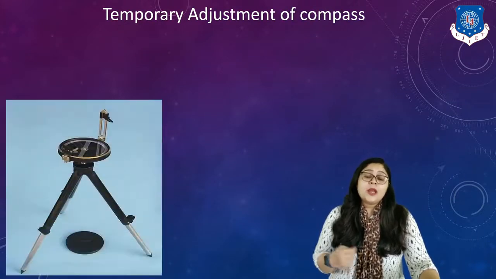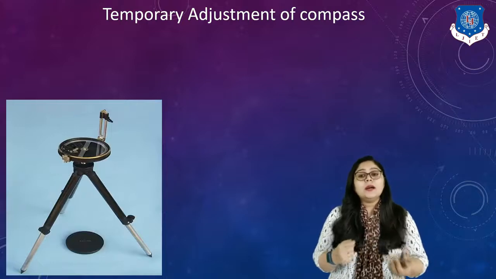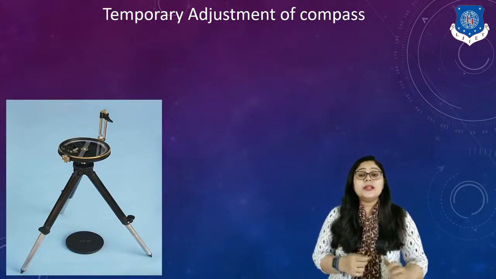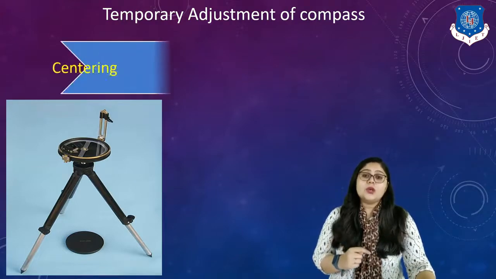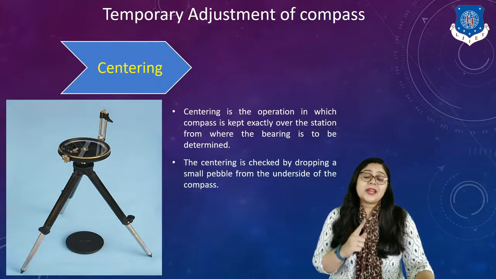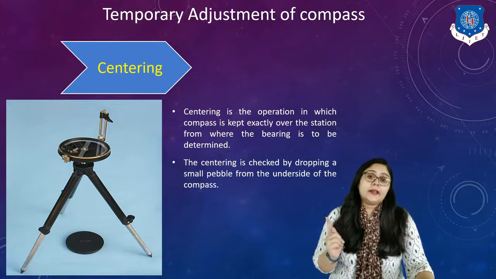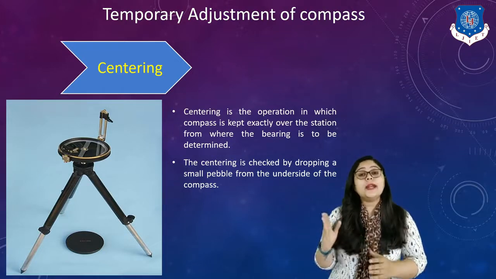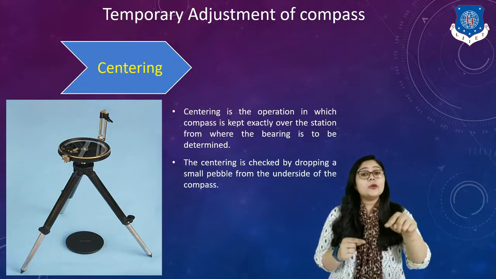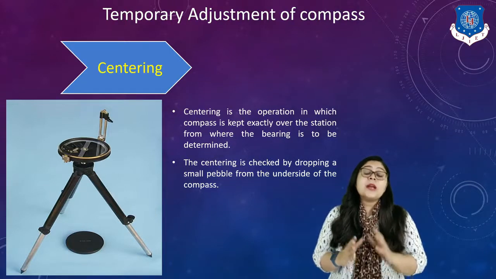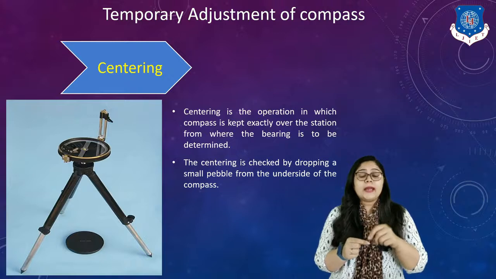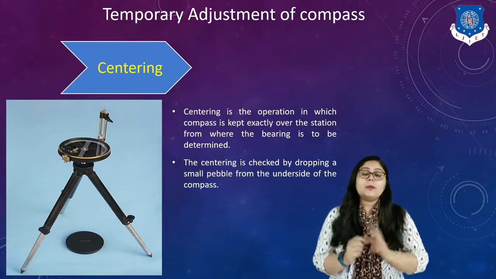So generally, a compass looks like this when it is on a tripod, right? And generally, we are trying to do adjustment of this compass. So, our first step should be centering. It means while we go to the field, first I have to mark the position of stations, right? Using pegs, if you remember. Then, after using pegs, I have marked my position.